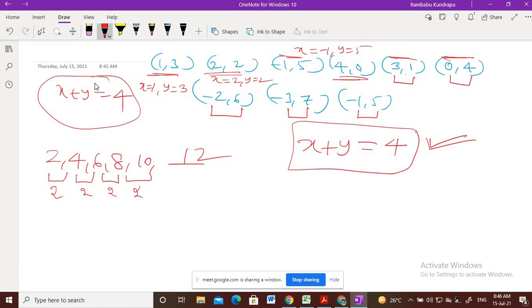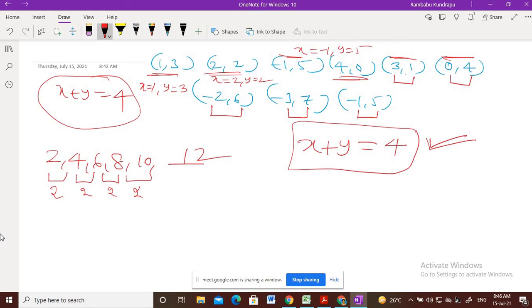But there are different types of points, and there are 3-dimensional geometry points, with x value, y value and z value. For that kind of points, it's very difficult to form the equation. Take a 3D Cartesian plane. If you see here, you can observe the points easily. If you add the x value and y value, that means abscissa and ordinate, you are getting 4. So the equation of this is x plus y is equal to 4. Easy.